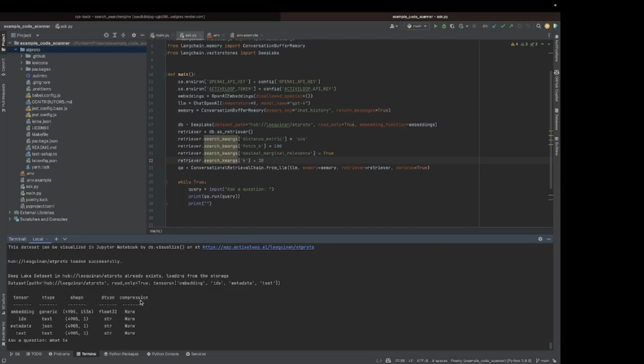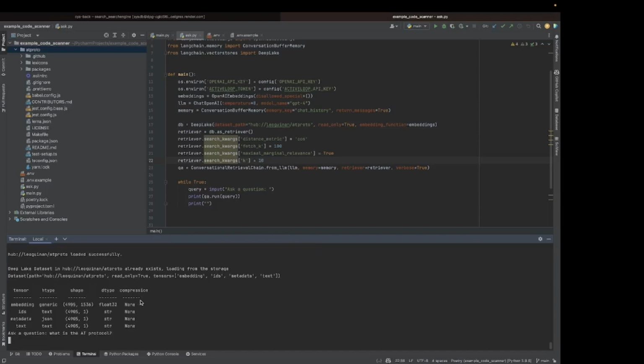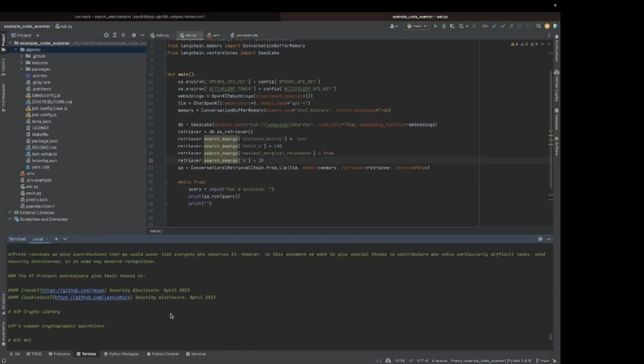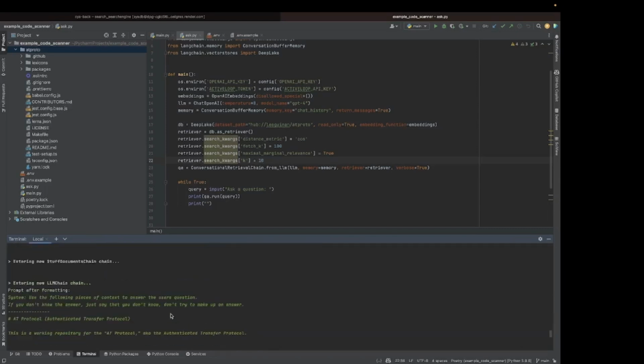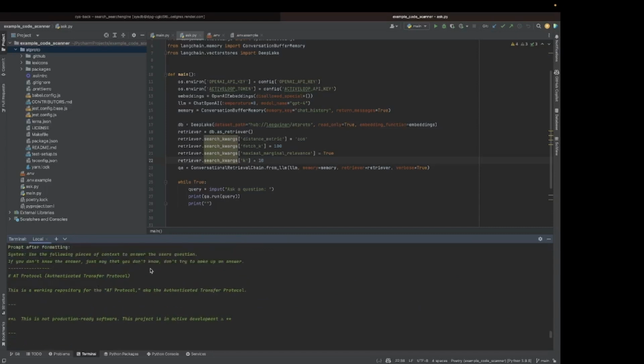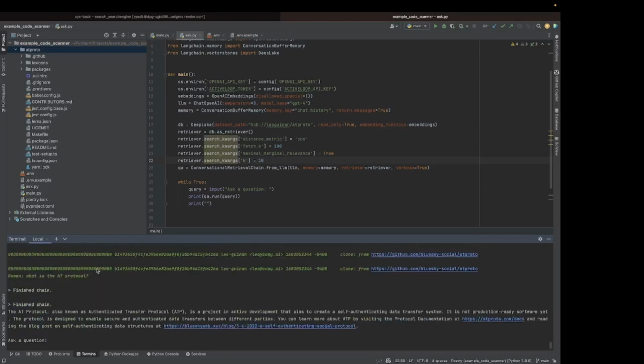Okay, so now, what is the AT protocol? Now if you look here, it's showing us everything that it included, because I did leave that verbose, and I think that's a good way to see. Basically it pulls in a bunch of information that it found, all mentioning the AT protocol. It also shows how it uses it, so it's got the system prompt. And now down here, we've got the AT protocol, also known as the ATP. So there we go. Looks great. Now we can ask